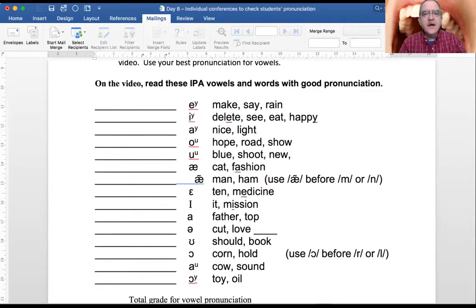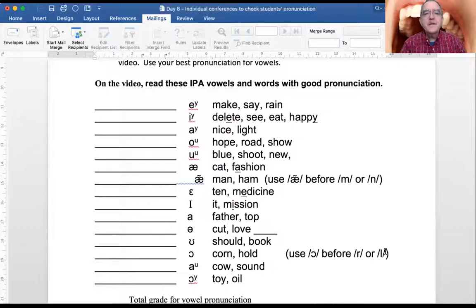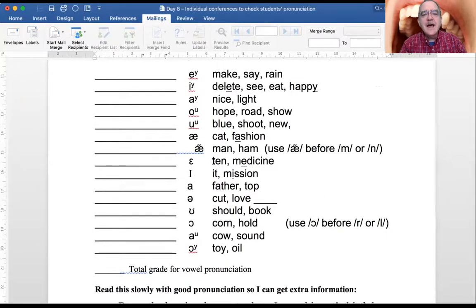Now remember, you put it in the nose, okay? Okay, let's go back. The tongue is forward. Mouth wide. Tongue forward. Okay. And then in the nose. Okay? Man. All right, let's try it again. Okay, so now we have man, ham, ten, medicine, it,